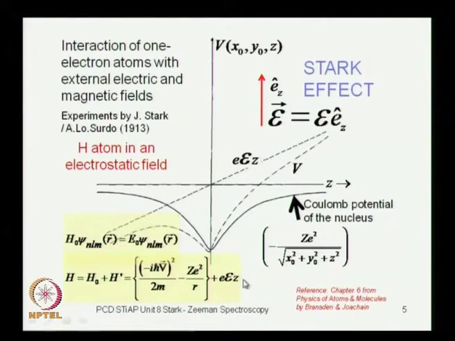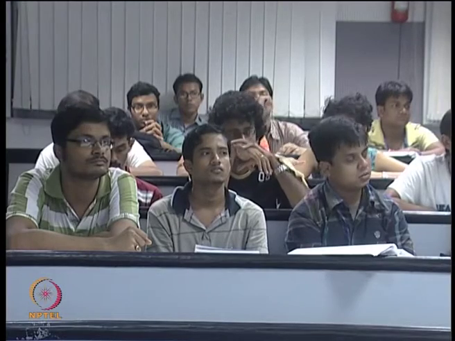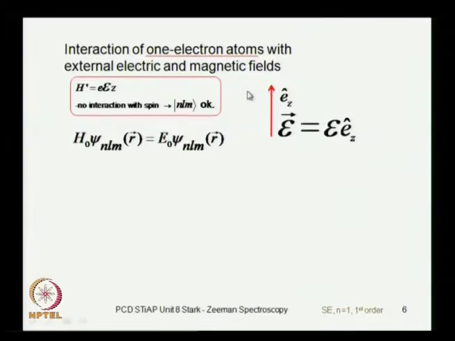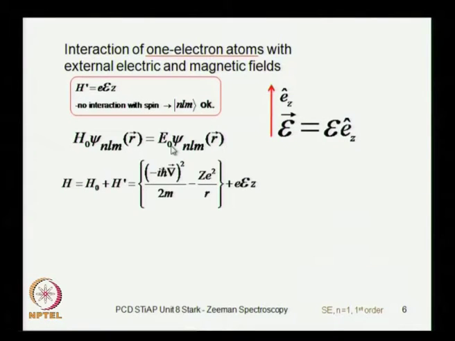Okay. So, we are going to use perturbation theory which you have done in your earlier course in quantum mechanics, but I will review some of the more important parts of that for the sake of completeness. We will deal with the spin later. So, we will deal with the non-relativistic Schrodinger equation and its solutions, where the eigenstates are given by the quantum numbers n, l, m, which are good quantum numbers in this situation, and the perturbation is e E z. This script E is the electric field, this little e is the electron charge,